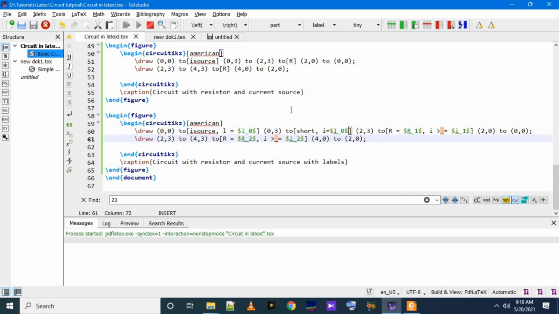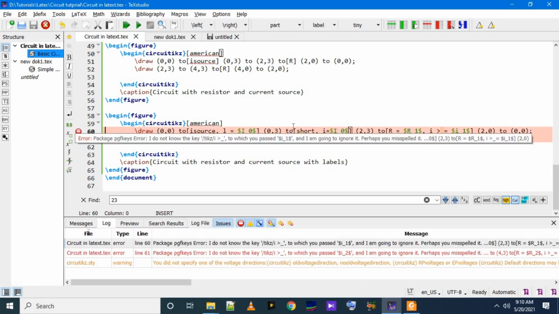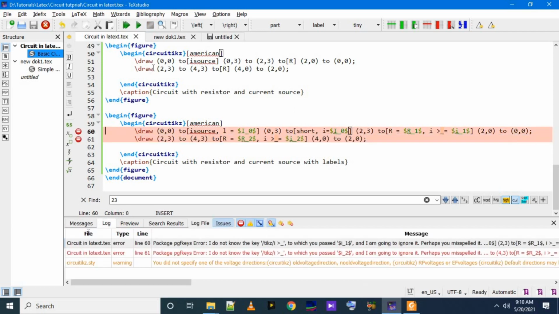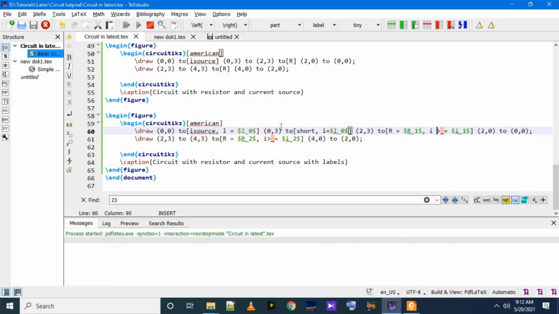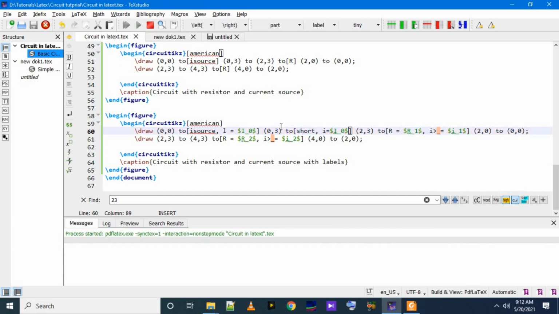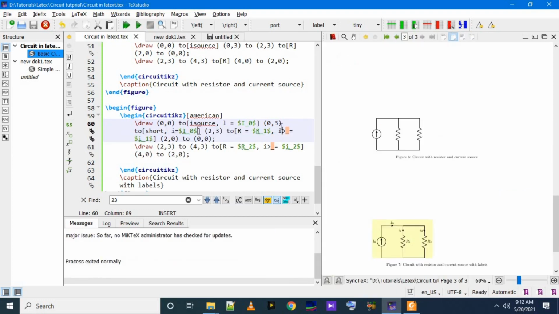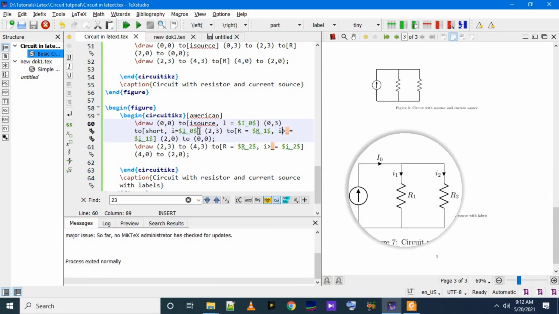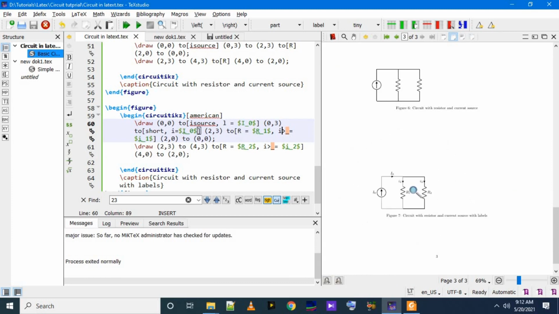So we will run it. As you can see, the space gives an error, so you have to delete a space. Here I am deleting a space before the greater than. Now the space is removed, we can see the direction, the current in the opposite direction. So now I1 and I2 are above.